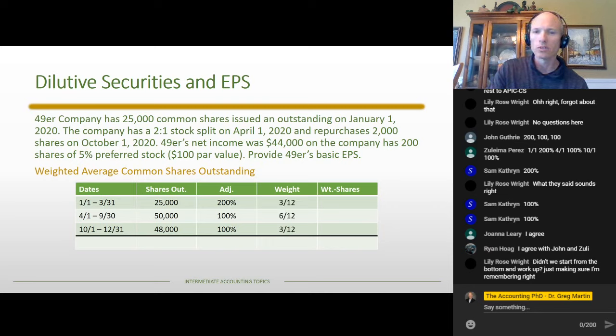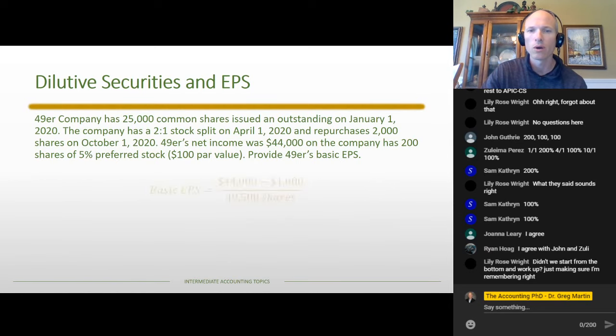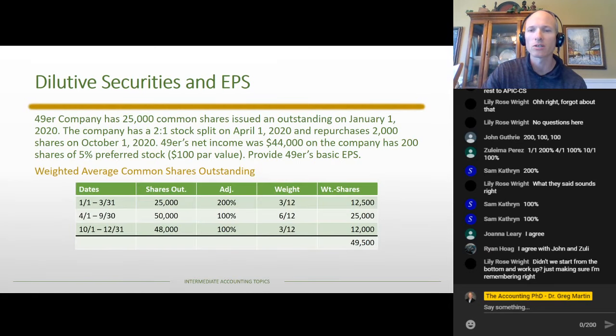Hopefully the weight's not too bad. That's just the number of months over 12 for each row. So 3/12, 6/12, and 3/12. And then if you remember, we multiply across. We take 25,000 times 200% times 3/12, and then 50,000 times 100% times 6/12, and on we go. That's how we get our weighted shares for each row. We multiply across, and then we add up to get our total weighted shares, which is our weighted average common shares outstanding,